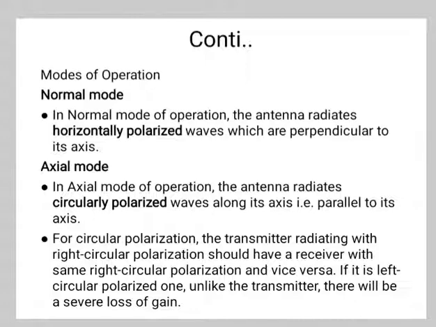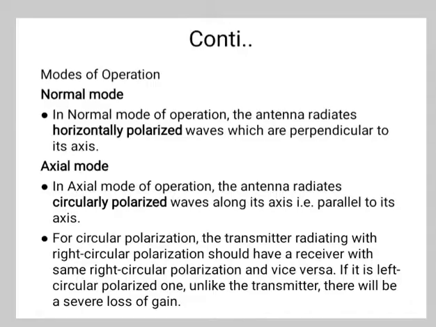To provide high directivity, several turnstiles may be stacked along a vertical axis. The polarization of these turnstile antennas depends upon their mode of operation. A pair of such dipoles frequently stacked is known as a bay. The two bays are spaced half a wavelength, that is lambda by 2, apart, and corresponding elements are fed in phase. The radiation produced by the combination of the bays results in better directivity.